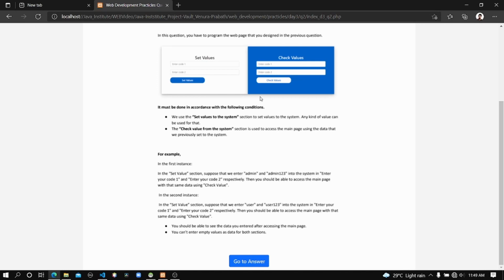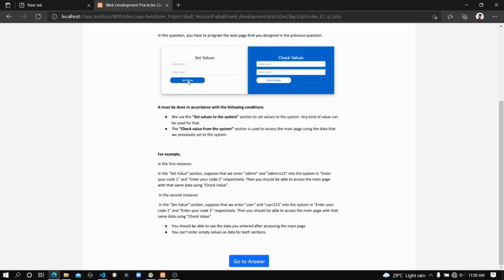The check value from the system section is used to access the main page using the data that you previously set to the system. Now we can use the set value section, which is the white color area. We can enter any values and set that value in the system.